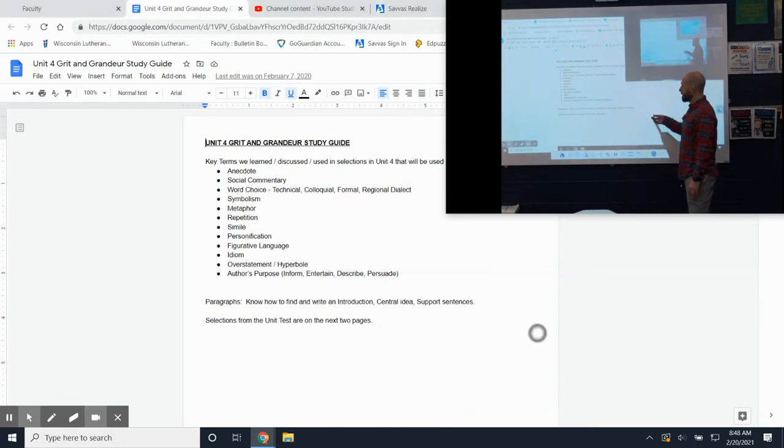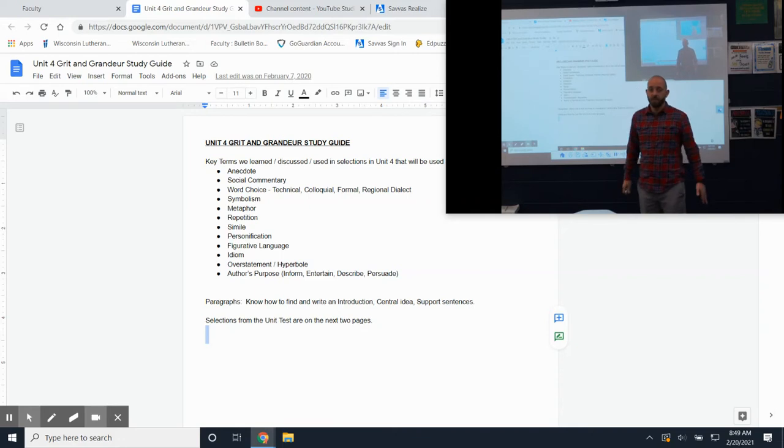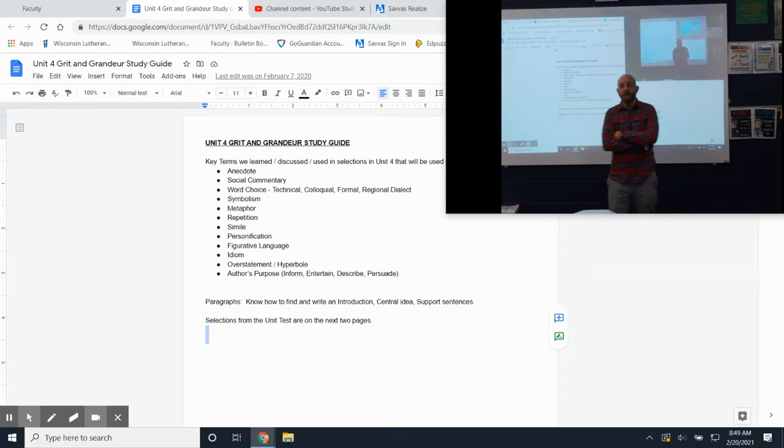The next important thing, and this is going to be one of the bigger parts of the test, is going to be a paragraph. You will be writing a portion of an expository essay. We've been working on this unit. We worked on expository essays. You wrote one. Your significance of place essay was expository. And one of the biggest parts of your test, the part that's going to be worth the most,